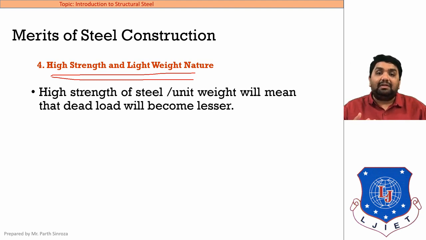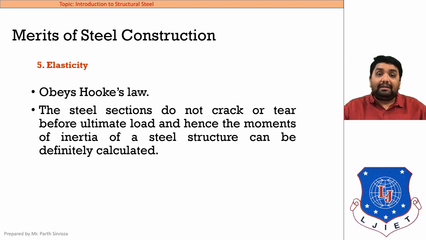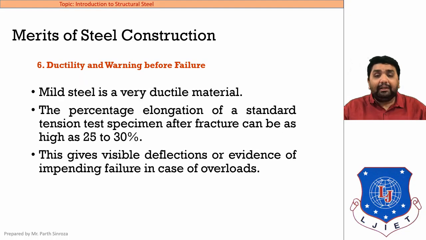That means the B and D, as we have discussed, the width and depth increases, and if it increases tremendously, then the amount of space occupied on the land that a column can cover will be much more as compared to steel. So to reduce this consumption and to increase the strength, RCC is not preferred and steel is being preferred. Next is elasticity. As we all know that steel follows Hooke's law, that is stress is directly proportional to strain. So it is much more elastic and can be transformed into various shapes also, that is not possible in RCC structures. Then ductility and warning before failure.